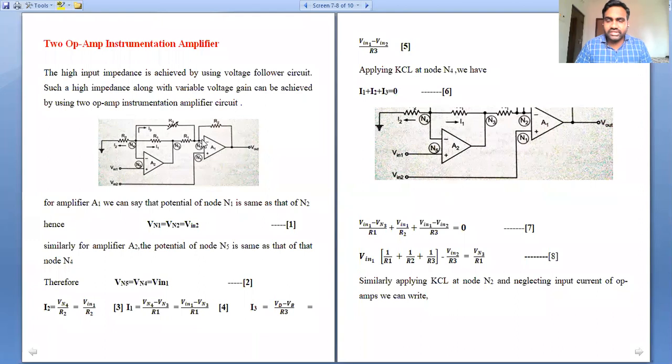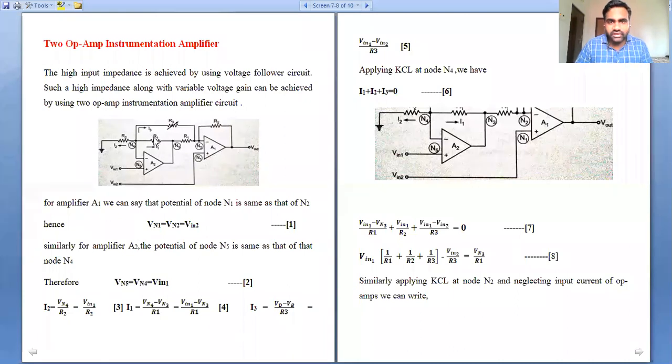We said that is the basic specification of an instrumentation amplifier. Unlike the previous operational amplifiers, this is not single input type. The instrumentation amplifier is a 2 input type operational amplifier. Similarly, we are using 2 inputs. The output of the transducer is taken as an input here, and this 2 op amp instrumentation amplifier is also connected in a cascading mechanism. Next, A2 is nothing but our voltage follower circuit.